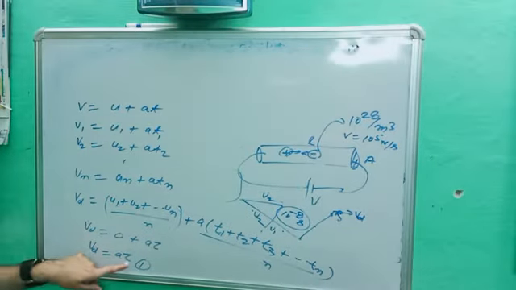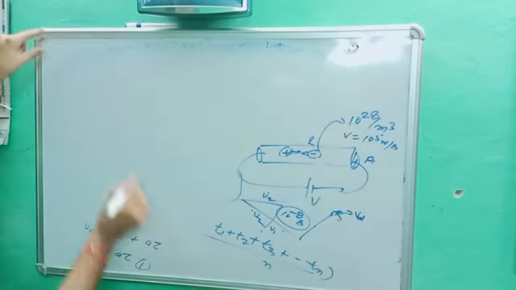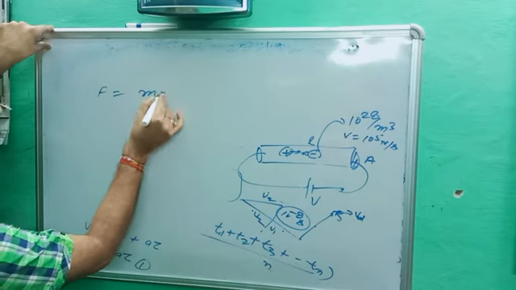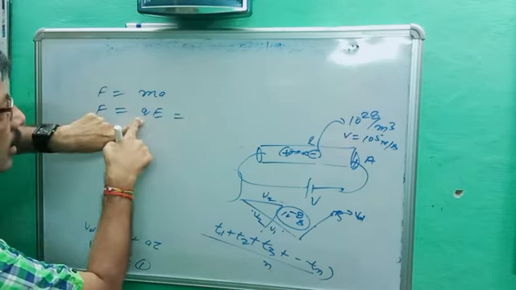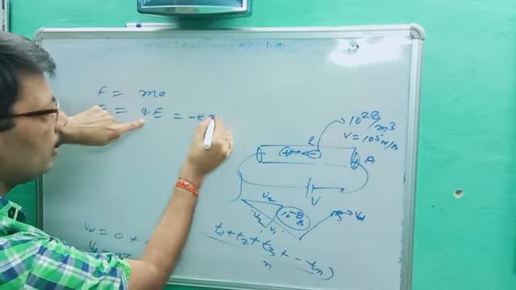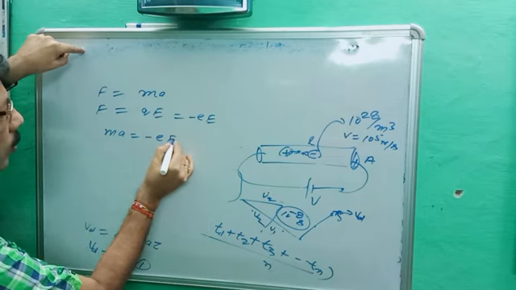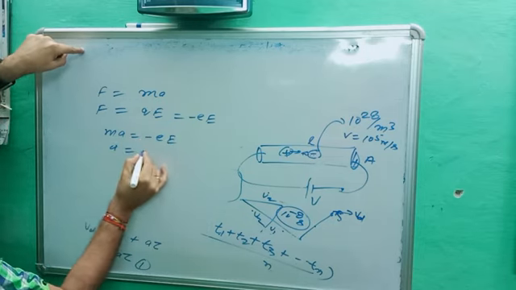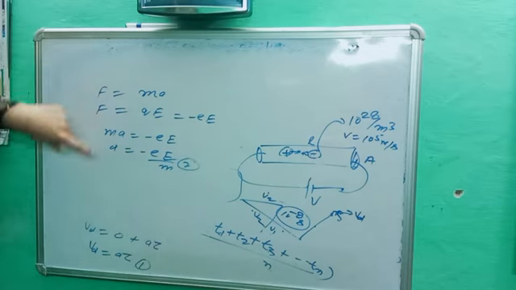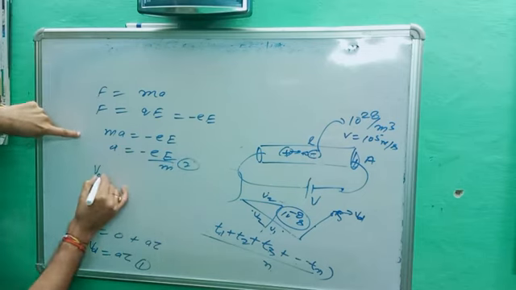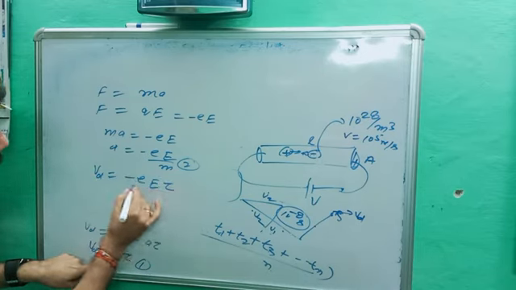So next our aim is tau. So how can we get A? V is equal to A tau. We know that F is equal to Ma, and F is equal to QE, and Q for the electron is minus e, into capital E. So what do we get here? Ma is equal to minus e into capital E. So A is equal to minus e capital E upon M. Equation number second. Are you getting it? So what will be the drift velocity? Vd is equal to, putting the value of A, minus e capital E tau upon M.